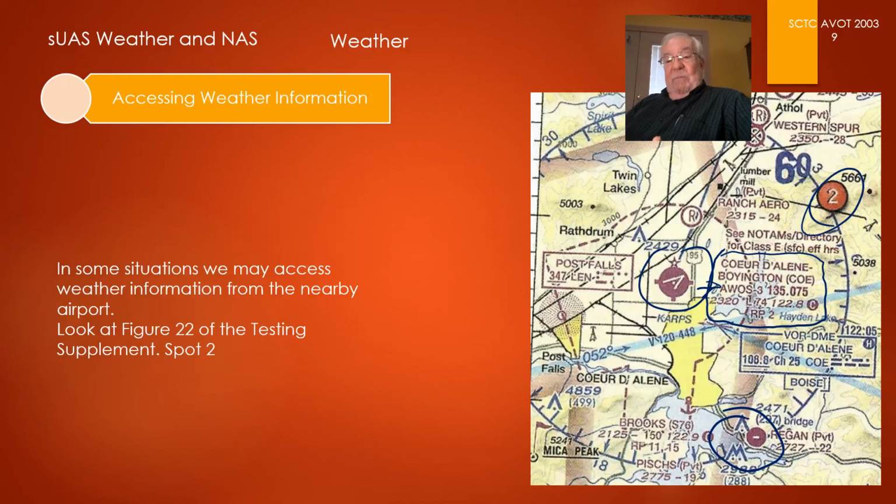Or if you're a drone pilot operating in this area, you could go to the Chart Supplement US and look up this airport, and there will be a telephone number that will connect you to the same automated weather report, and you can listen to it. Just for grins, you ought to pause this video, research it, look it up, and call them. It's not a long distance call, I don't think. Give them a call, find out what the weather is in Coeur d'Alene today. It's available to whoever wishes to hear it.